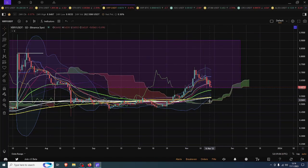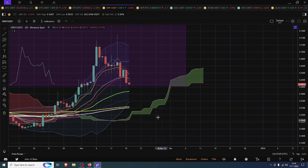It's an area of interest, specifically because this time around both the 200 simple and exponential are more or less at the same place. They're a fraction of a percent away from each other. Now, the other thing that you can look at, which again has proven to be pretty accurate, is the XRP